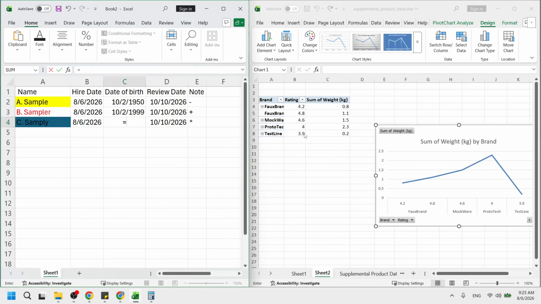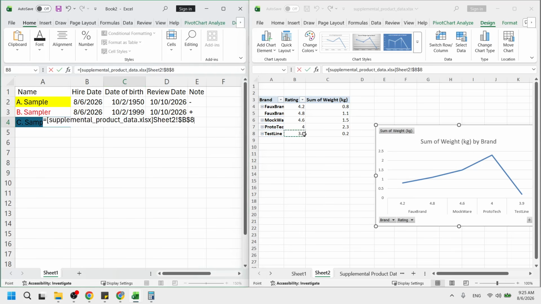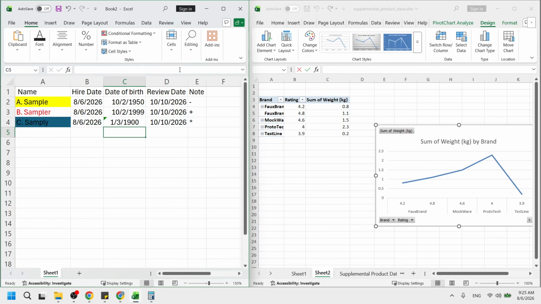First, switch to the workbook that contains the original data. You will still see the equal sign waiting in the formula bar. Now click the single cell that you want to pull data from. Excel will highlight that cell, and its address appears next to the workbook and sheet name in the formula bar. Once the correct cell is selected, press the Enter key. You will be taken back to the main sheet, and the value from the other workbook now appears in your destination cell. If you ever pick the wrong cell by mistake, you can simply undo and repeat this step.